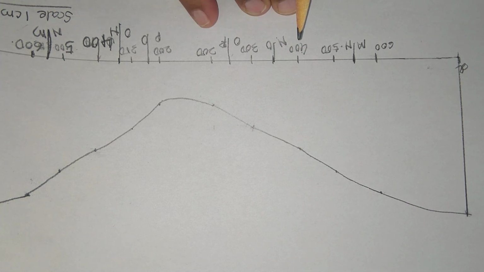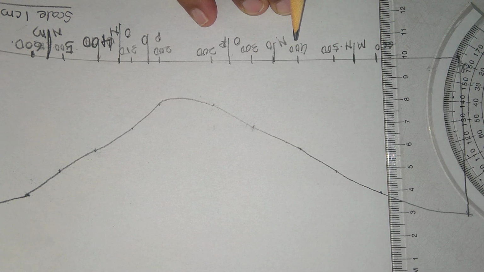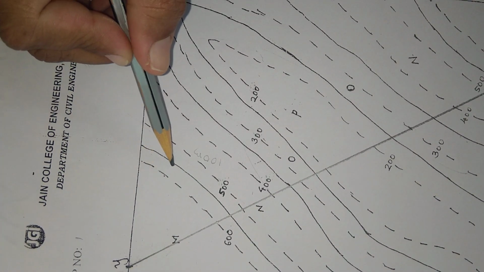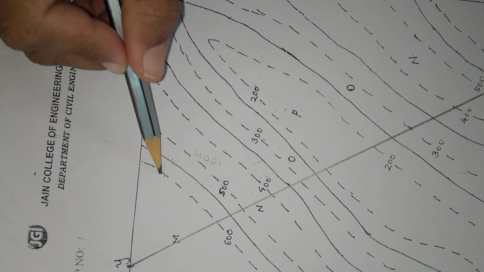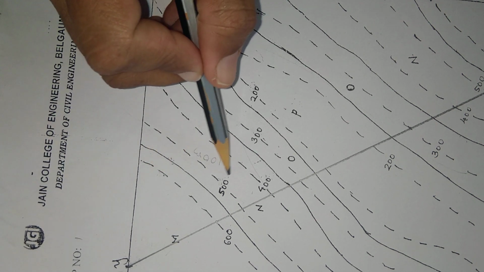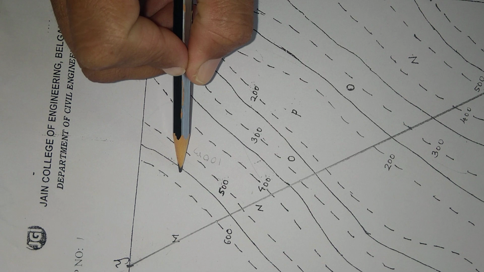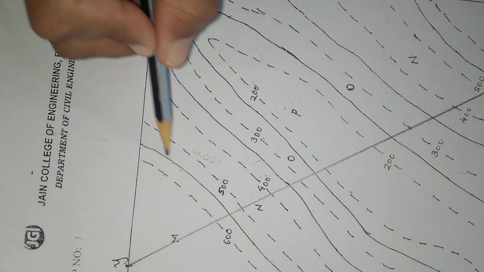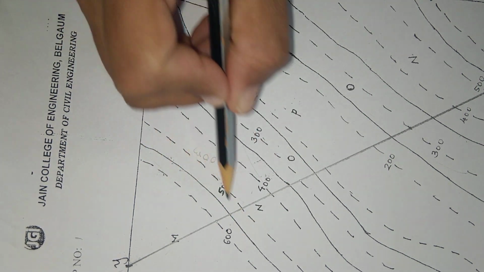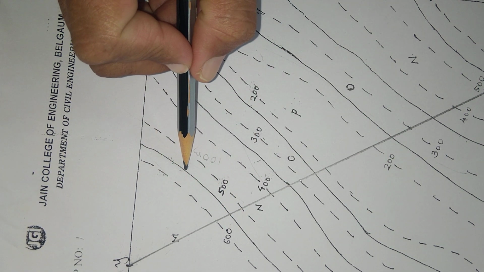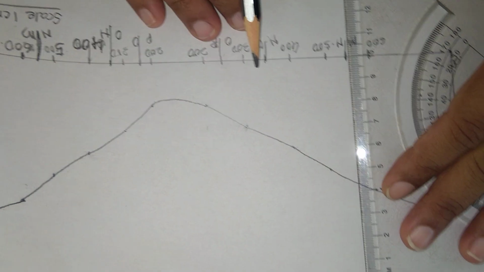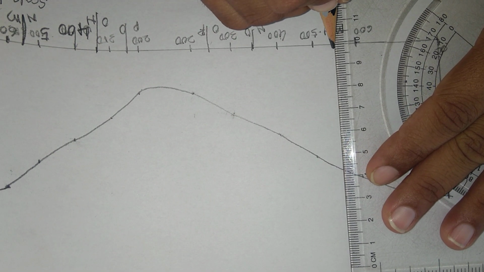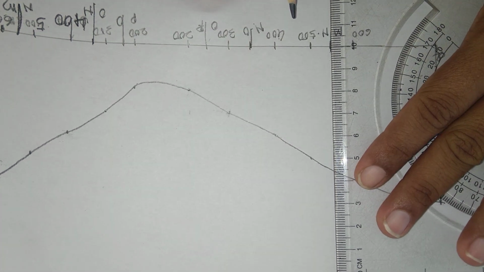So as I told you, these beds are horizontal because here the contour lines and the bedding planes are running parallel to each other. They are not crossing each other. If they cross, that represents the inclined bed. But here the contour and the bedding plane are running parallel to each other. So this is a horizontal bed map. So what I will do now, I will transfer all these beds at the top.